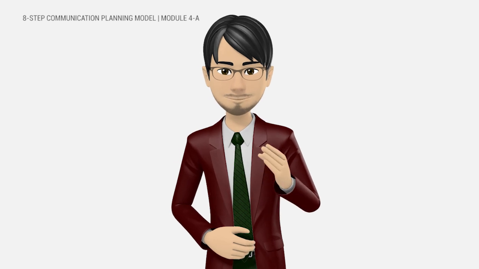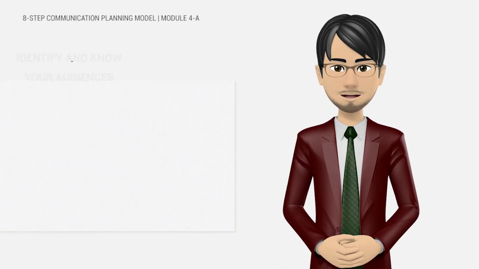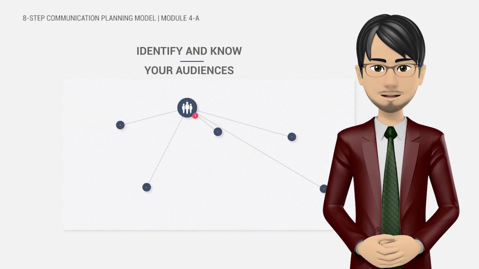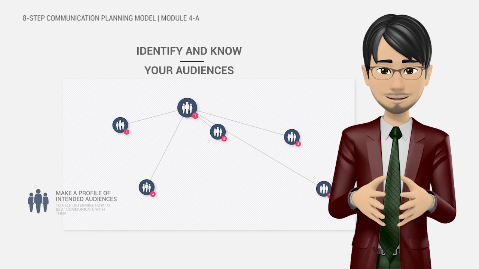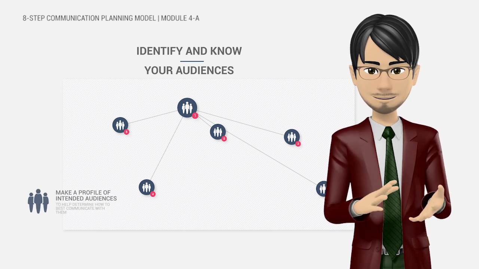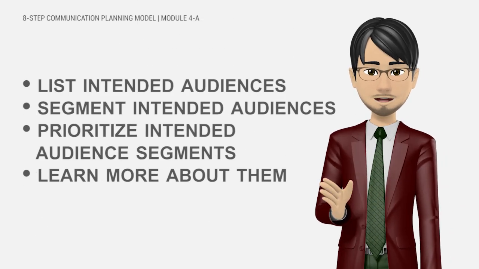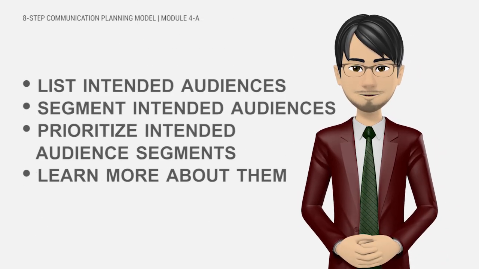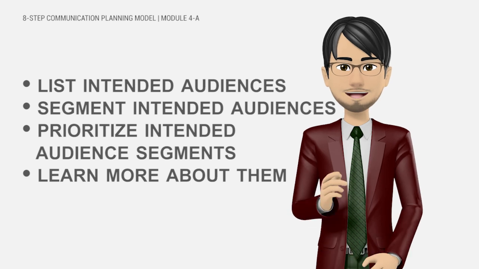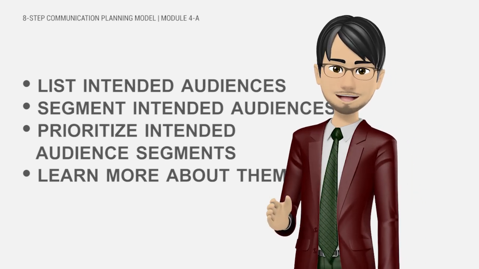Different actors have different interests, which can be tapped for our programs, and sensitivities we should be aware of to avoid any possible rejection. Next, we must prioritize which audience segment we should focus our communication efforts on and for what particular goal and objective. Finally, we have to learn as much as we can about their values, characters, priorities, how best to approach them, what their concerns are about our program, etc.